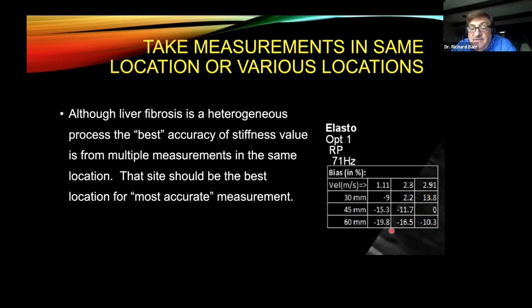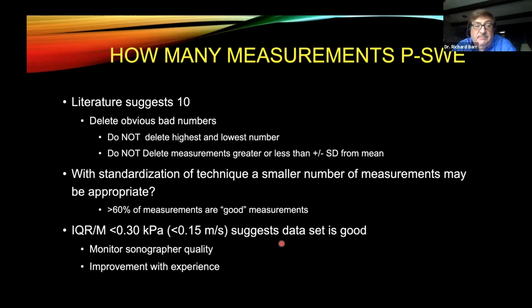So these measurements were given back to the vendors. They were able to see where they were having problems, and they've readjusted the system with appropriate factors so that these numbers are now usually less than 10% in the last round. So the variability that we see in the system, depending on where you take a measurement in the liver, can be up to 10%. And you can see that we would get more consistent results by taking the same measurements in the same location. And again, it's really depth that's important here.